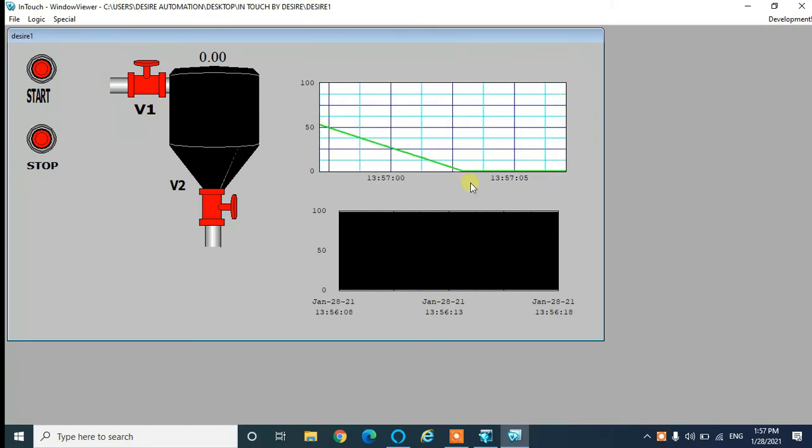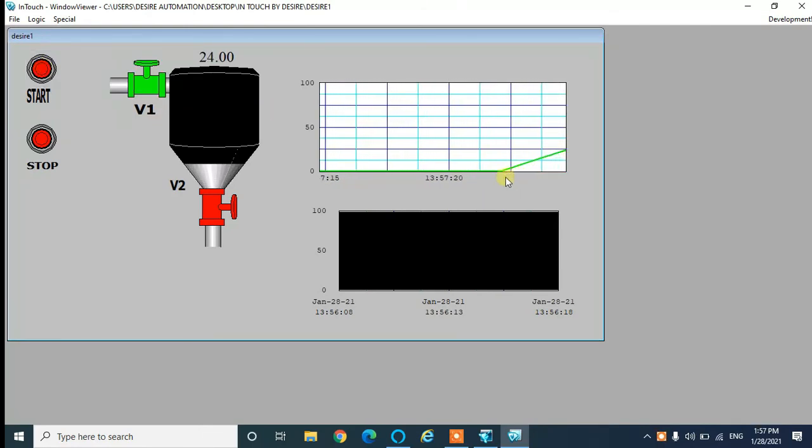So here you can see at what particular time what is the status of your tank. Here you can see at 13 minutes 57 seconds there is a 0 value in our tank. So let me start once again.